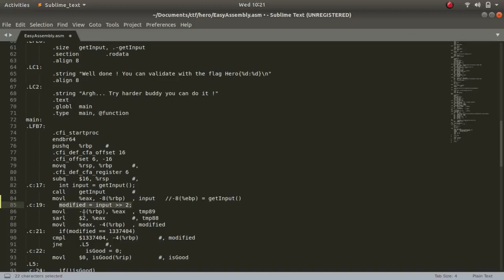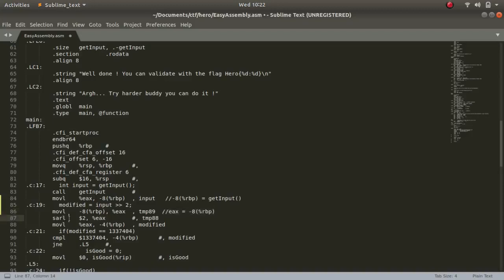Now again, whatever we entered is being moved to EAX. So EAX will again have our value -8(%rbp), sorry, RBP. I should have said RBP over here. And so the value is being stored in EAX.